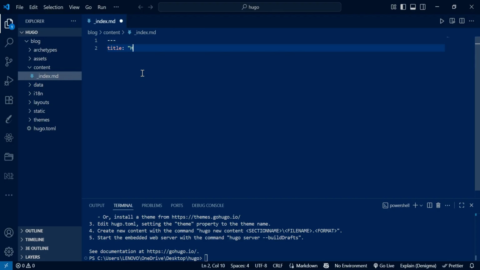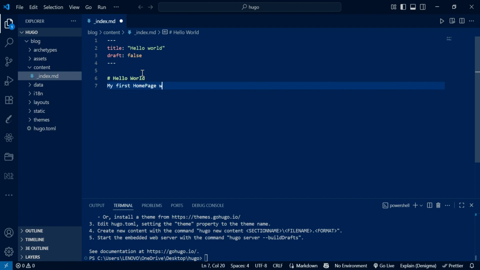It will be hello world, and then draft, it will be false, and then we'll close our front matter block, and then we'll create an h1 tag and here we will type hello world, and then my first home page without a theme,